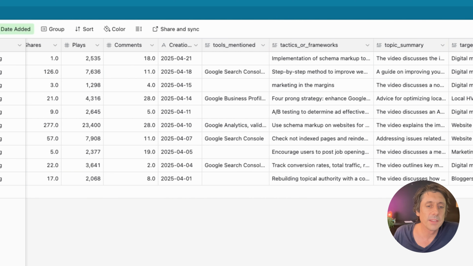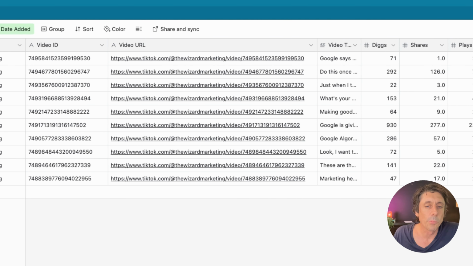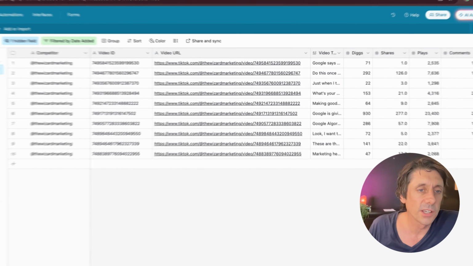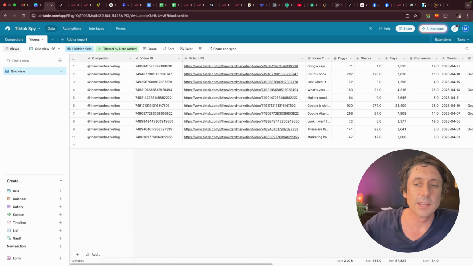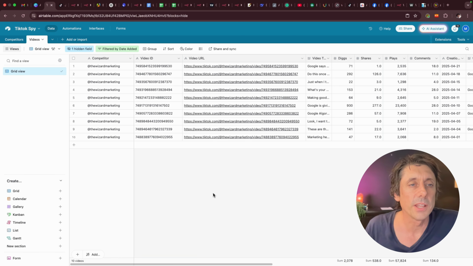And then we can feed that in once a week and get a summary report. And then the AI can keep an eye on our niche for us and keep us abreast of everything that's going on, any new developments. So by simply scraping and populating Airtable like this, obviously you can do this with dozens and dozens of competitors. Once a week, you can just set it to run, and then it will do it. And then once you've got all the data in here, once a week, you can then fire off the second